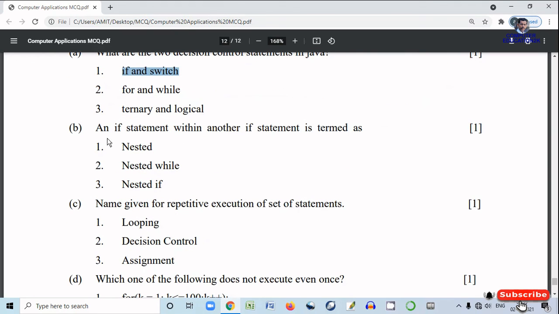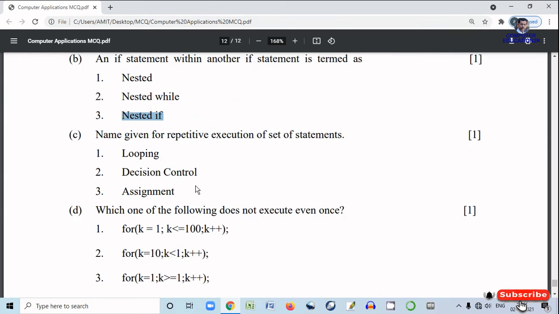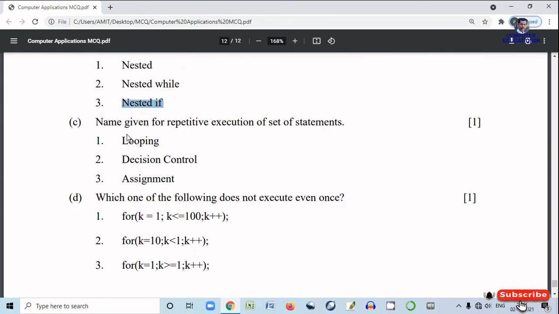B. An if statement within another if statement is termed as nested if. So part 3 is the answer. Name given for repetitive execution of a set of statements, that is looping. So part 1 is the answer.